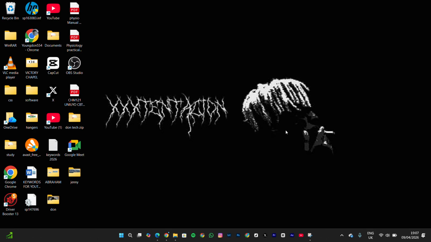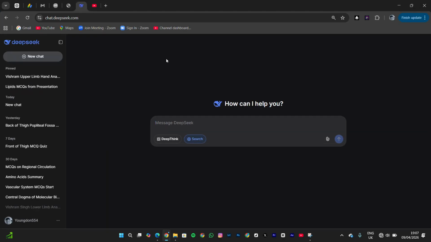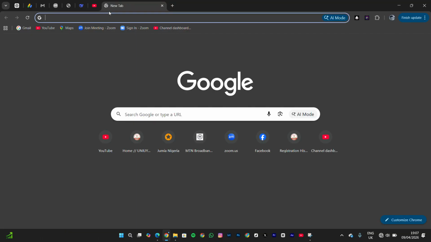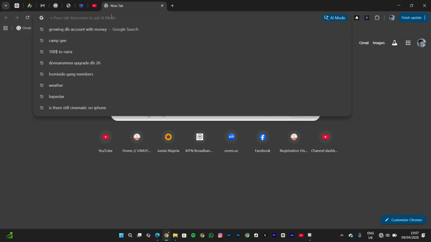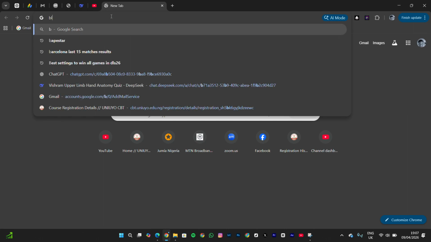So if all these steps didn't work for you, let's go ahead to the next step that should fix the issue for you. Go ahead and open Chrome on your device. We'll be downloading from the direct PC software page. So go ahead and search for Bluetooth